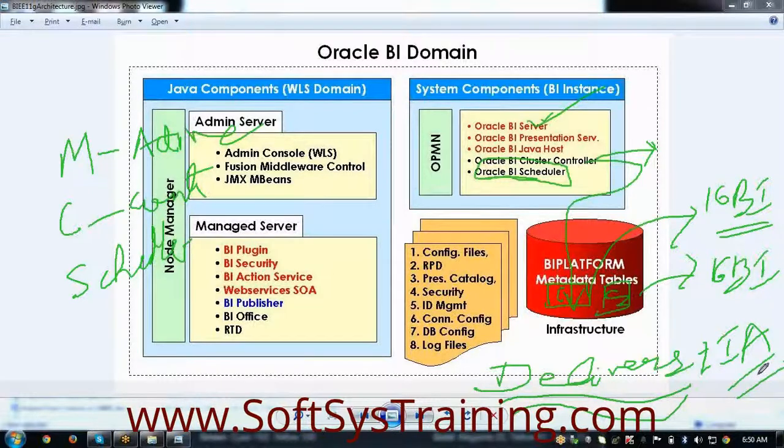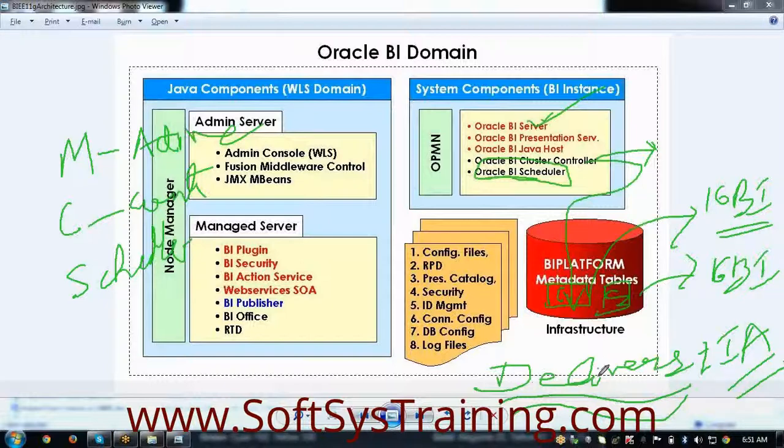The intelligent agent is used to schedule the reports and to deliver the reports to the client at specific time intervals. So the environment where we will be scheduling the reports is called Oracle BI Delivers.